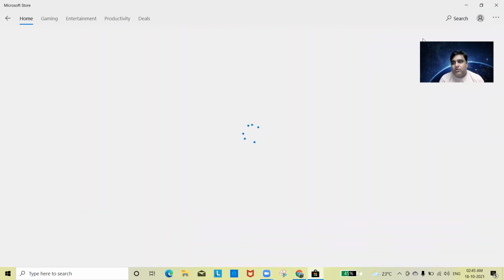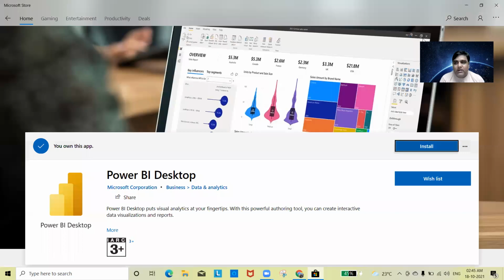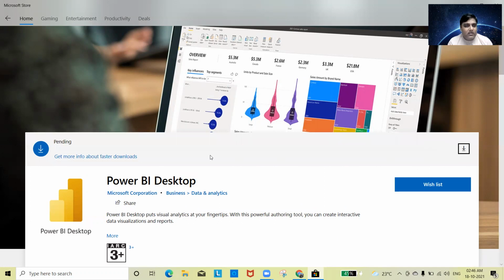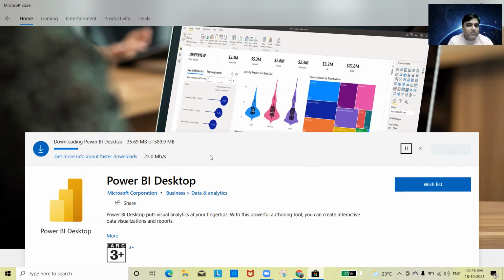So I suggest you go for this first and download it. If you have any student ID and all, because it will not take your personal ID, you have to give some student ID or some office ID as well. You just have to click install and it will automatically start. See, it is not asking for anything. And if you do it from the Microsoft Store, instead of going to Google, you do not have to update this particular app from time to time. Otherwise, when the new version comes, you have to go and update that.